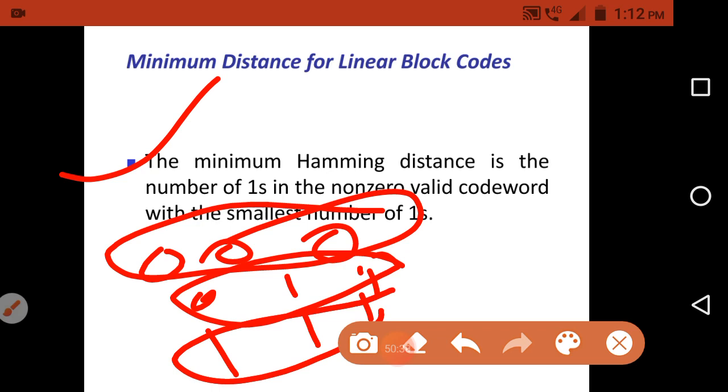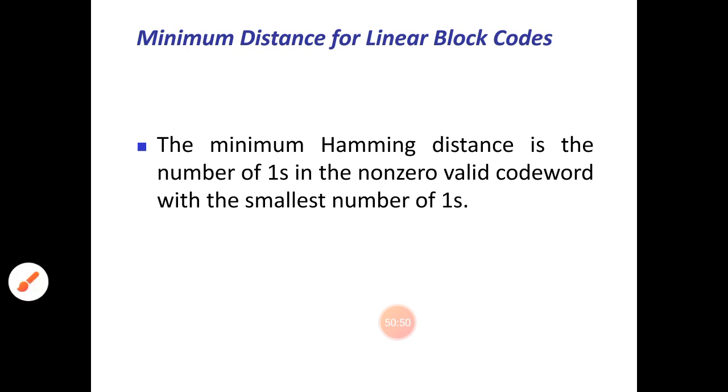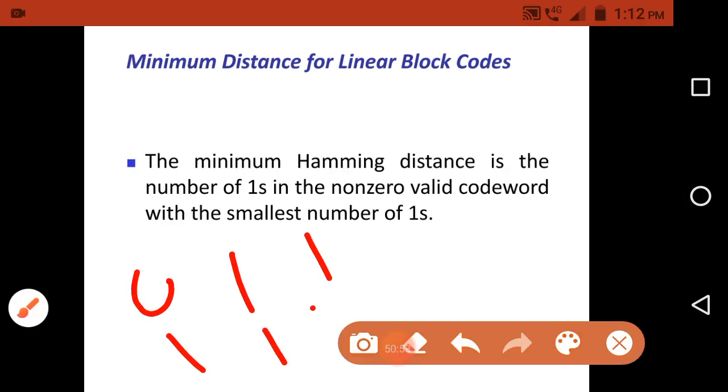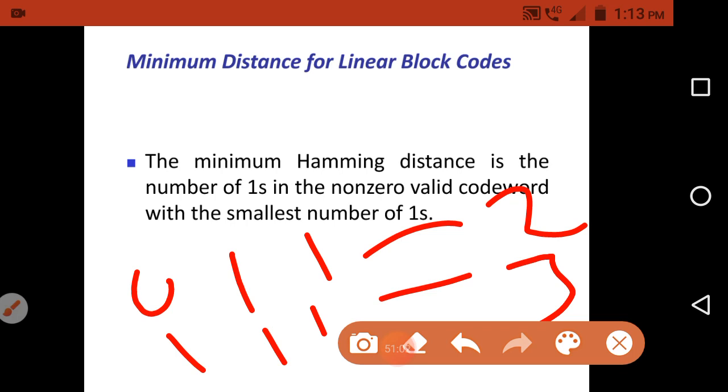Okay, so among those you need to determine the minimum number of ones. Here we can take these two, 011 and 110. How many ones are present in the first one? There are 2. And in the second? 2. Then which is the minimum? That is 2. 2 is the minimum Hamming distance for the linear block code. Okay, and that should be non-zero, at least one 1 should be present. So that is what we call the minimum Hamming distance for the linear block code.